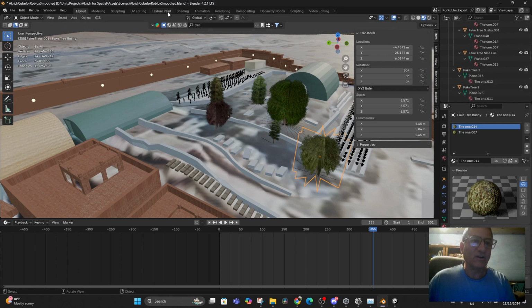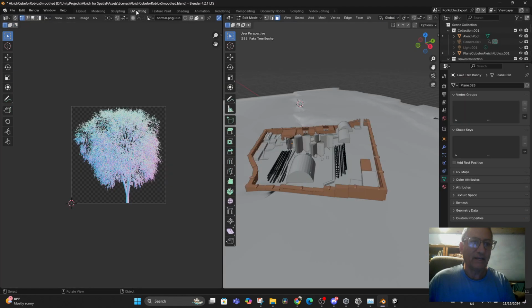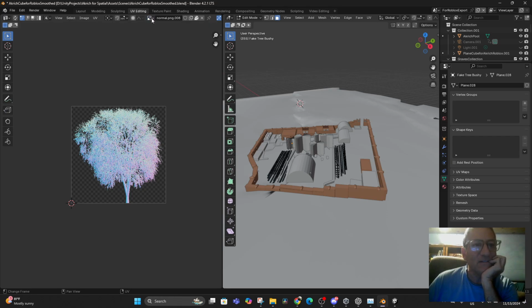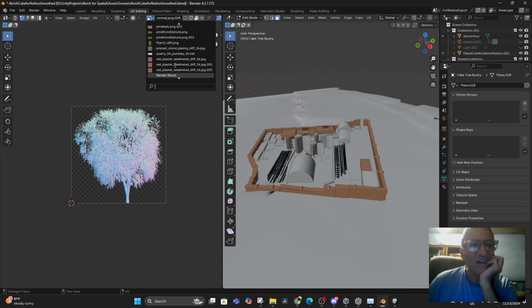So I need to go into my UV editing, and while there's normal maps and all that, somewhere down here are all the ones. And so the 1, no, nothing, really? Okay, that is indeed bizarre. Why is it not letting me find the ones? Just letting me find normal maps for trees,